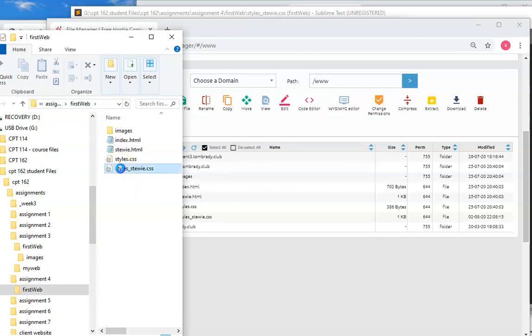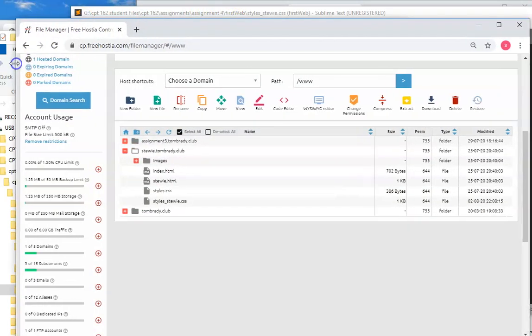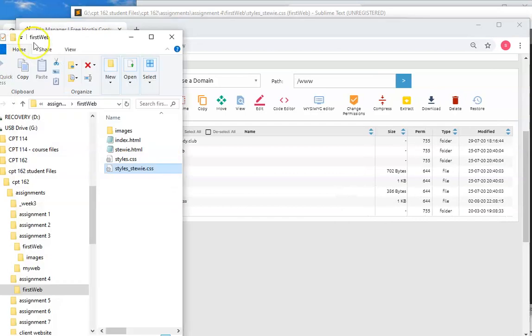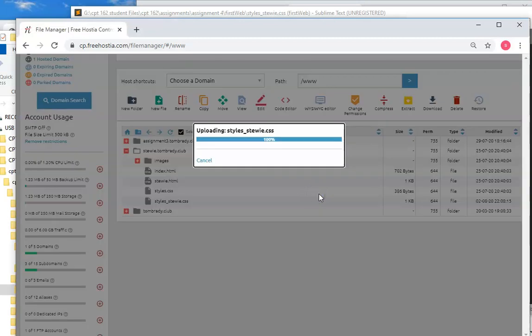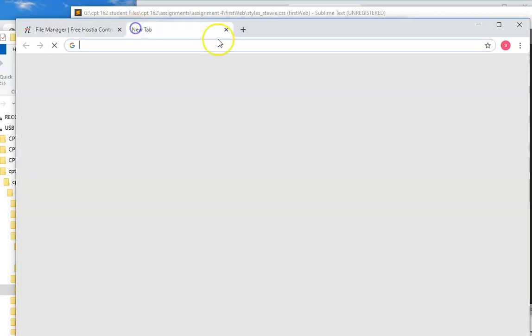So what I'm going to do is grab this stewie.css and copy it into here. And it might not be wide enough. Let's see. Let me make sure. And I let go. And it's copied. So now this is a new stewie.css, modified March 18. That's us. That's okay. So now when I take a look at that page,